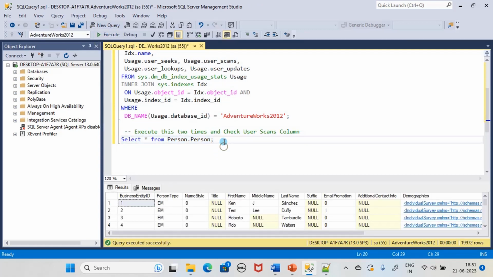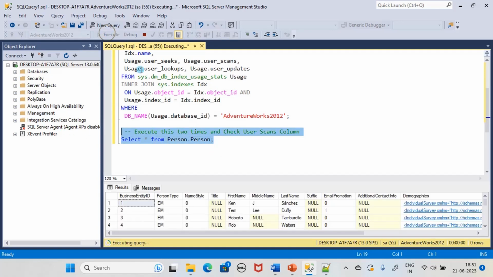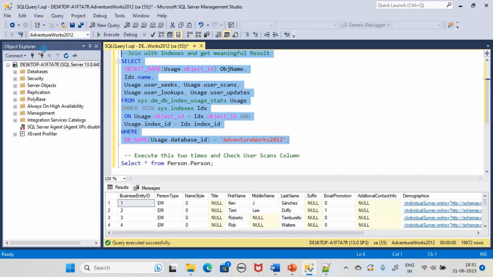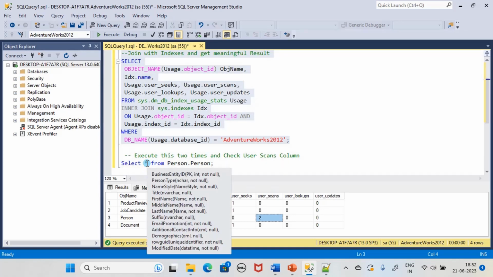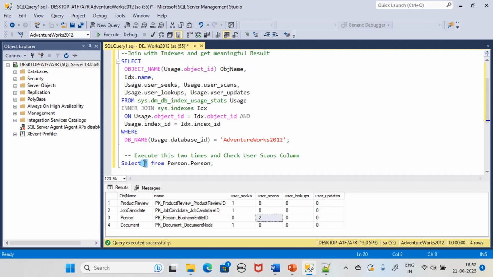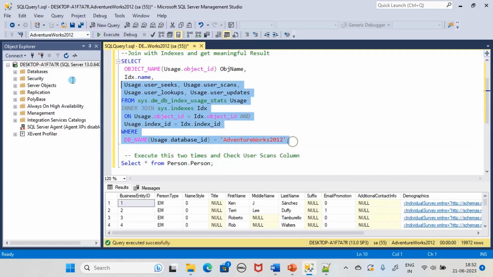I executed it one time, execute it 2 times. That's what I'm going to do. Now I executed it 2 times. Now if I run this query again, you can see person is entered, user scan is 2. That means the table is scanned 2 times, and since here we specified star, this will include our indexed column as well. So user scan is 2, and if I execute this one more time, you will be seeing user scan as